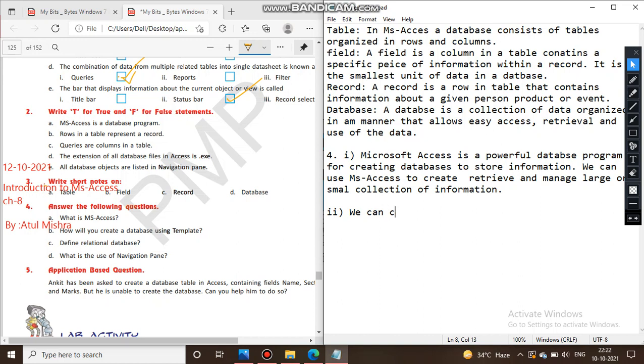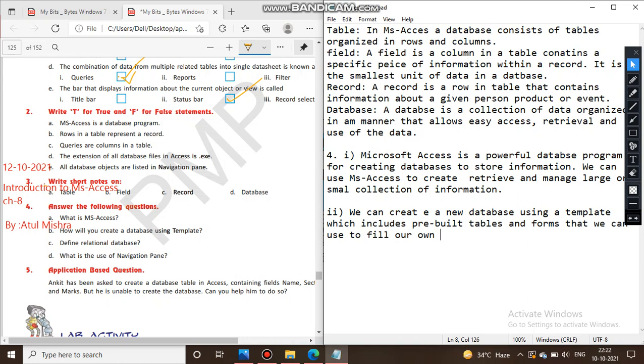So we can create a new database using a template which includes pre-built tables. Pre-built means already made tables and forms that we can use to fill our own data very easily.